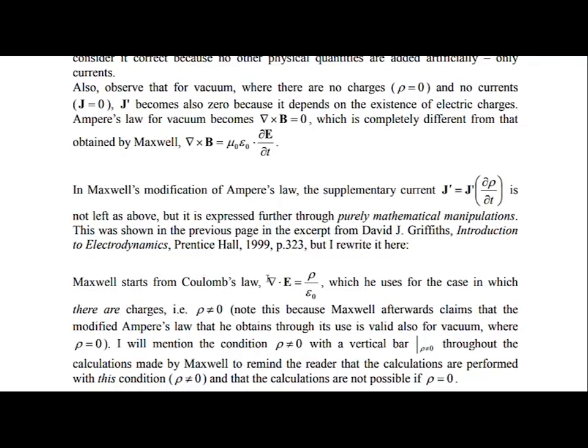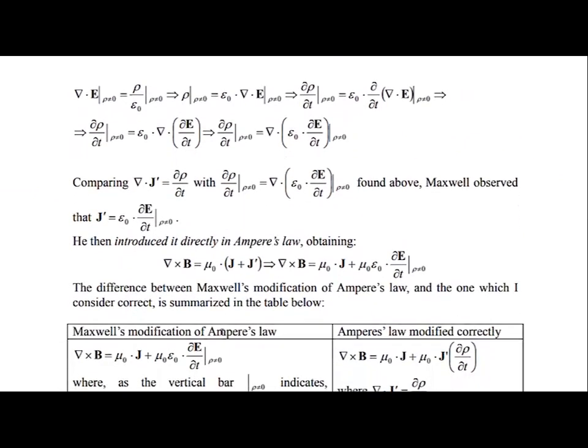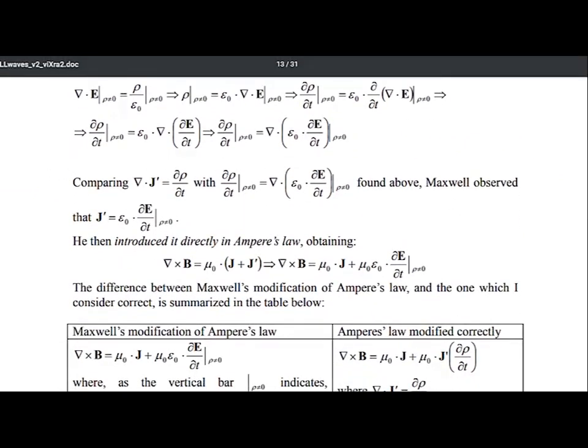Gauss's law is this law here, right? The divergence of electric field is directly proportional to the charge density in a region of space, which he uses in the case for which there are charges. So obviously, if there are no charges, there can be no electric field. But Maxwell afterwards claims that the modified Ampere's law that he obtained is also valid for vacuum, even though he gives no justification for why all of a sudden this equation is valid for the condition where the charge density equals 0. So Yonel goes on to reproduce this manipulation, which I won't go into detail about,